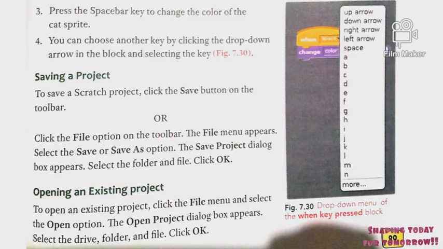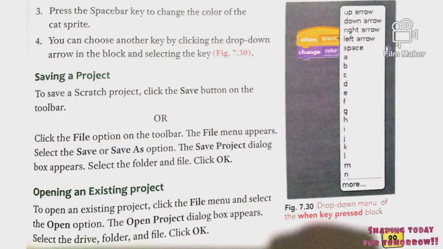Now the next topic is opening an existing project. To open an existing project, click the file menu and select the open option. So students, if you want to open an existing project, a project that you have already created and is already there in your laptop or computer, you have to click on the file menu and select the open option.